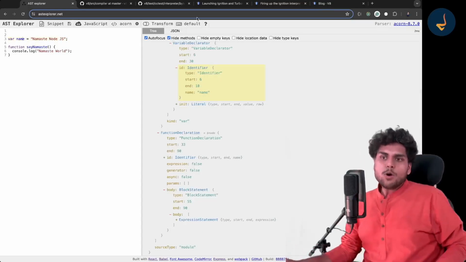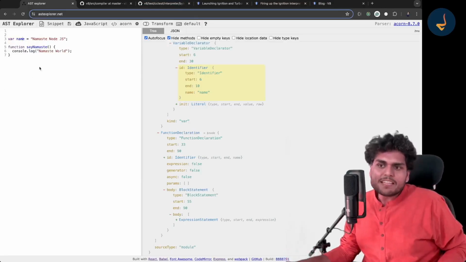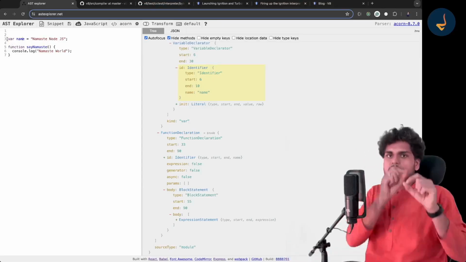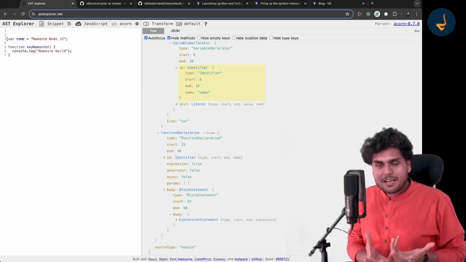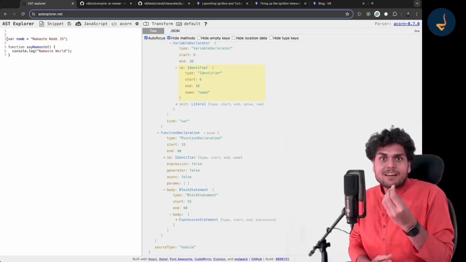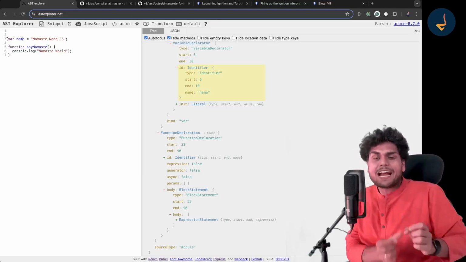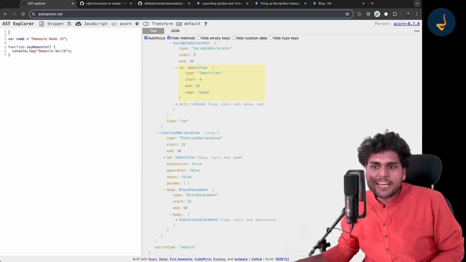Now let me explain in layman's language: whenever the JavaScript engine, the V8 engine, sees that there is a var written, that means it says, okay, this is a variable declaration. Now, whenever there is a variable declaration, there should be an identifier. What is an identifier? Identifier is the name that you give to that variable, right? And the name is name over here, okay?